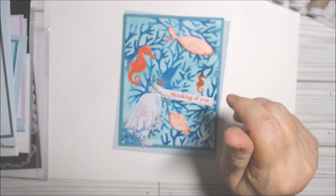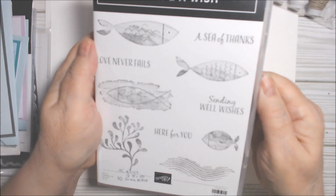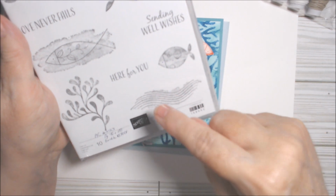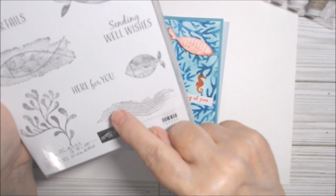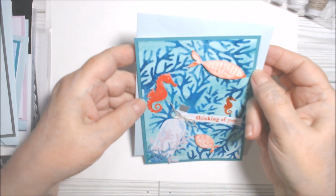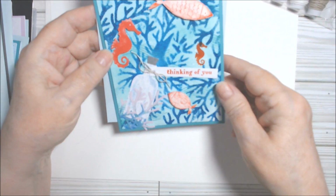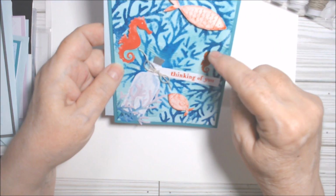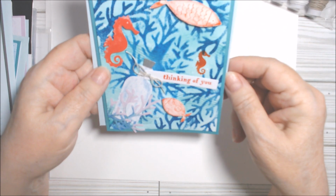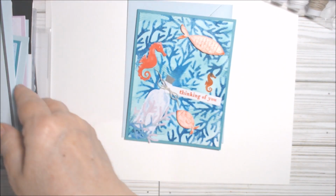And while I let that dry, I got out A Fish and a Wish, and I stamped this fish, and then once this was dry, I used this also, and used Bermuda Bay. I don't know if you can see them here, just a few different places for the waves. I also stamped in Poppy Parade one of the seahorse from the kit,